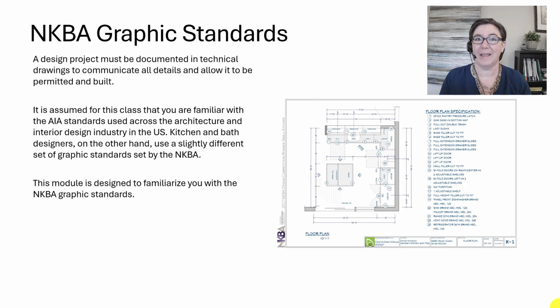Hi everyone. This week we're going to talk about NKBA graphic standards. This is important because your design project has to be documented using technical drawings. It's not enough just to have all that design information in your head. You have to communicate it. And we need to use technical drawings to capture all of those details that allow a project to be permitted